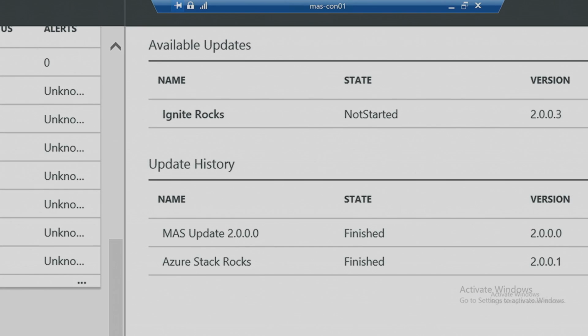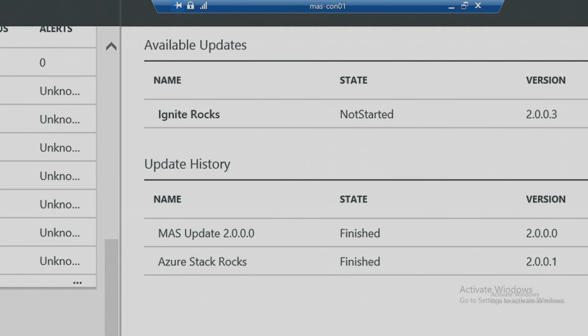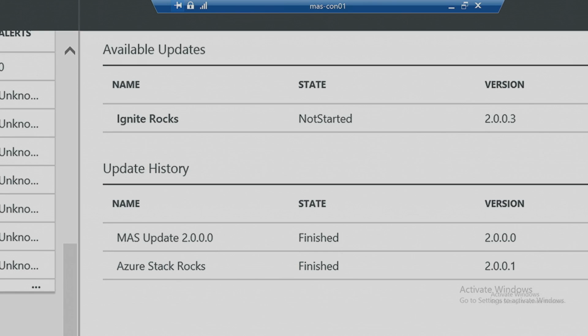Yes, there's an update available, and it will patch Azure Stack to version 2.0.0.3. I'll also see that I had some additional update runs in the past.